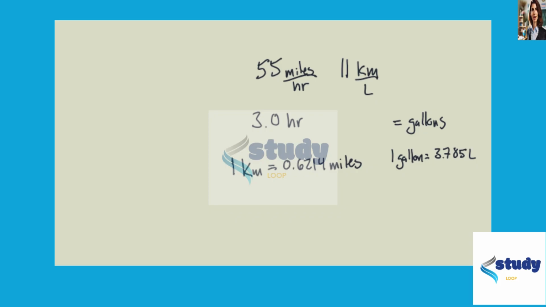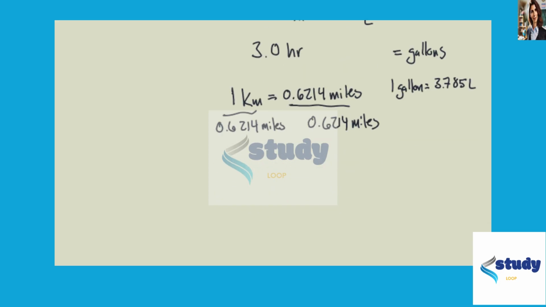So we're going to take the equation that converts kilometers to miles and divide both sides by miles so that we get an expression with miles in the denominator, like so. And obviously the right hand side goes to 1, and the left hand side becomes 1 kilometer over 0.6214